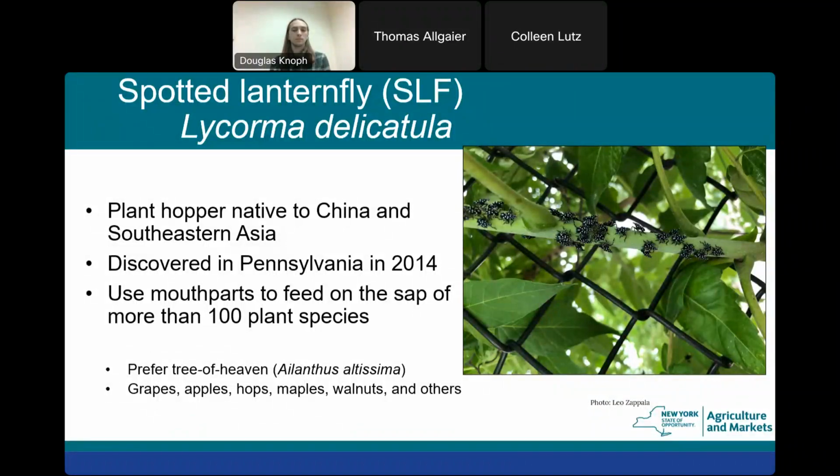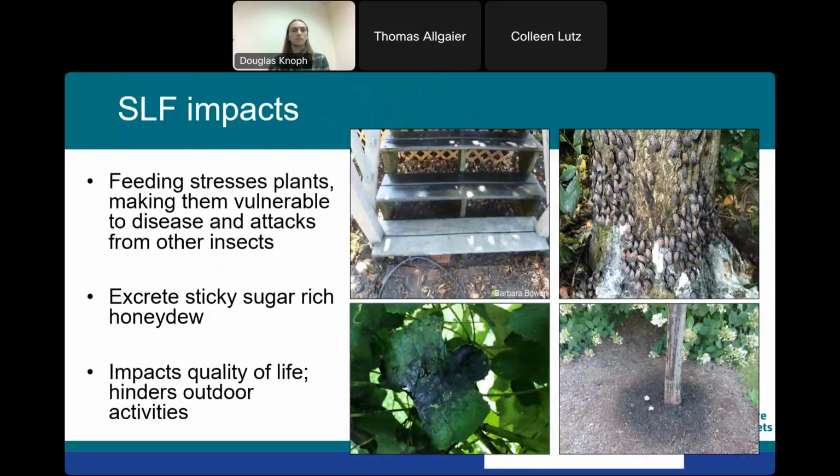They don't bite, they don't sting, so they're not going to hurt people, but they are doing some damage to agricultural crops. So next page. As Doug mentioned, there's also some additional, more of a nuisance pest issue with the black sooty mold.